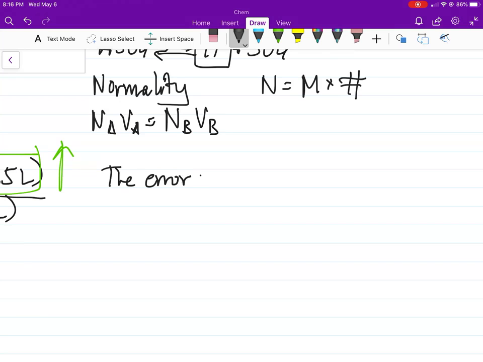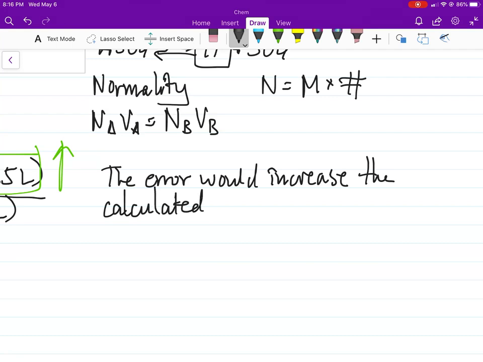the error would increase the calculated. It's important that you say it's calculated because it's not the actual molarity of the acid, it's just what you've calculated using the lab data. Calculated acid concentration, because